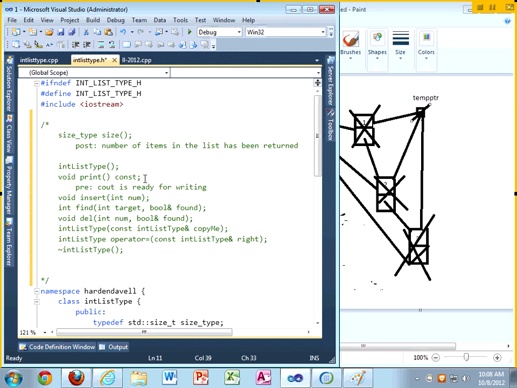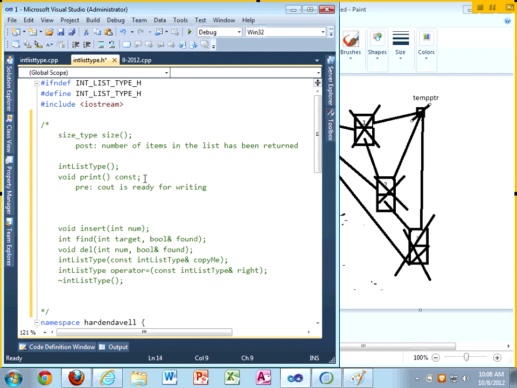In a situation where we were working with an O stream parameter, we would say whatever that O stream was is ready for writing. Okay, which means that if it's a file, it has to be open. It's not in an error state, whatever. Okay, and then